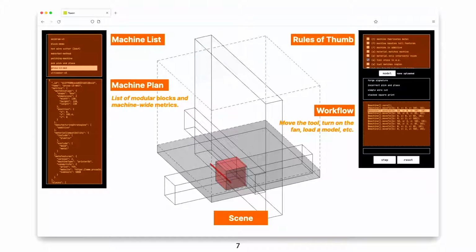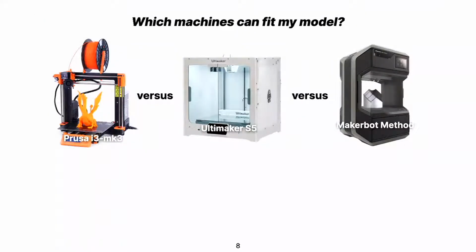And finally, makers can browse and apply rules of thumb, which either filter the list of machines based on the requirements that they need, or apply safety checks to their workflow code down here. So that's cool. I've shown Taxon, but now we can return to our original question, which is, which machines can